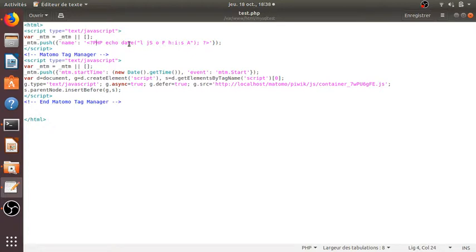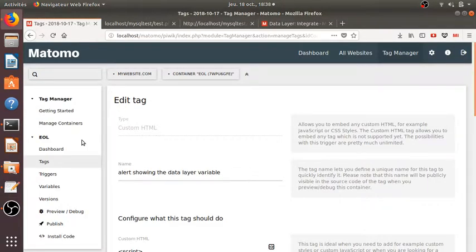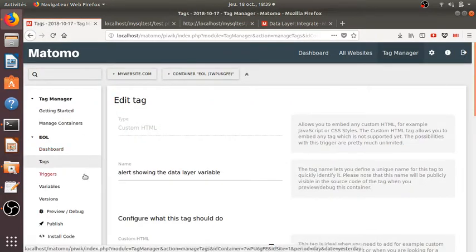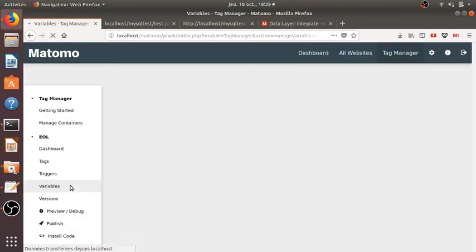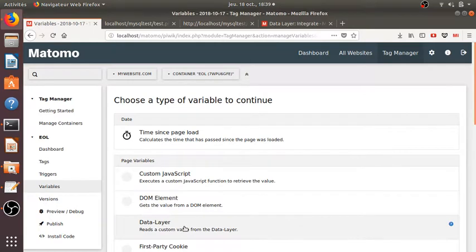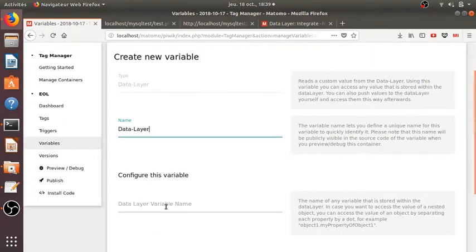Now I'm going to show how you can pick up this variable from your data layer in Matomo Tag Manager. If you want to grab this data and use it for any tags or triggers, all you need is to click on variable and create a new variable. You pick the data layer type and fill in the name that you give to your pair.